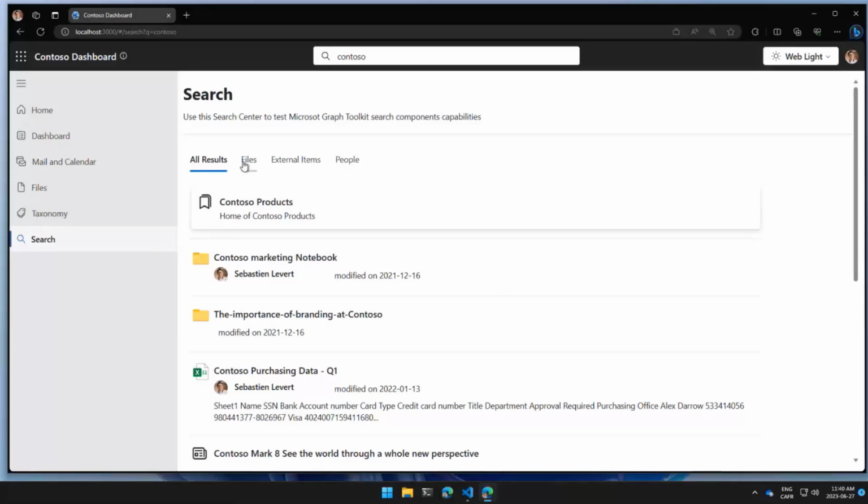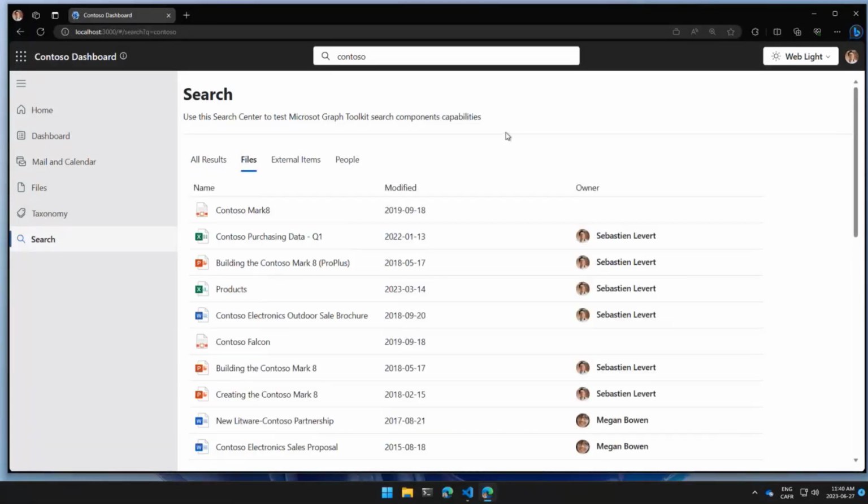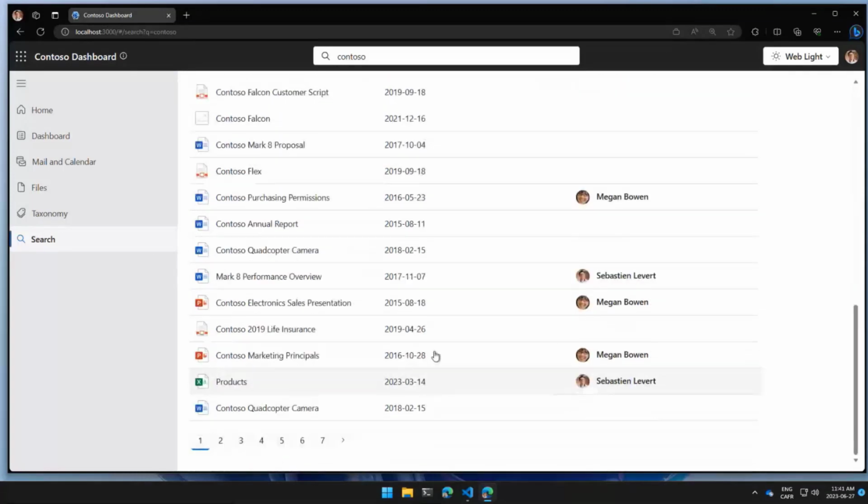So for example, if I go to Files, here I've completely redone the rendering of my files. I'll show you the code in just a moment, where we're basically using this as a way to get the data, make sure the data is clean, that it's easy to render, and then afterwards render it as part of a nice grid provided by the Fluent UI team.